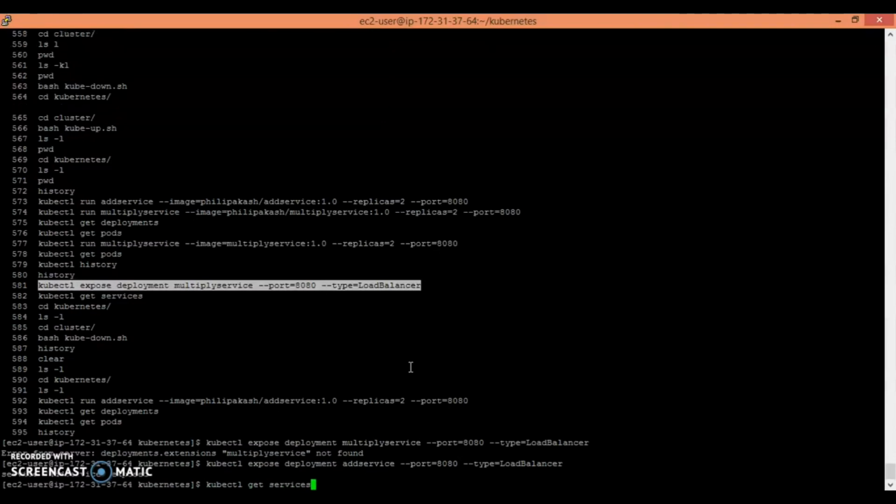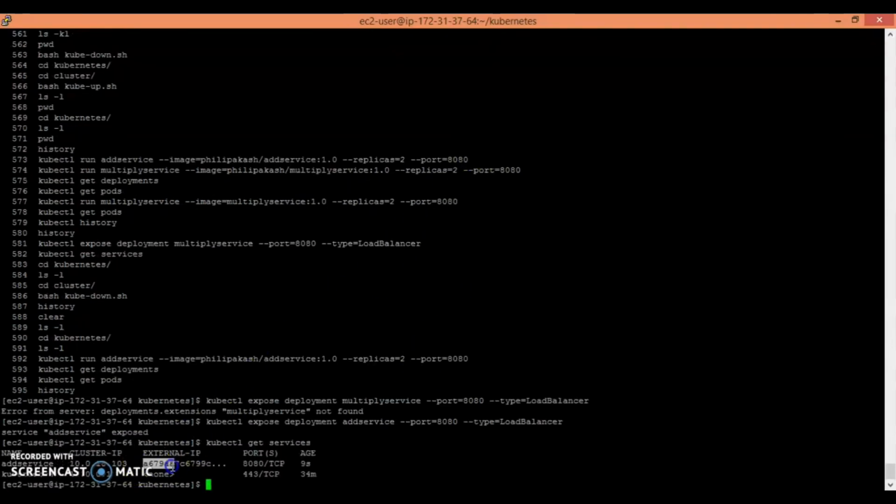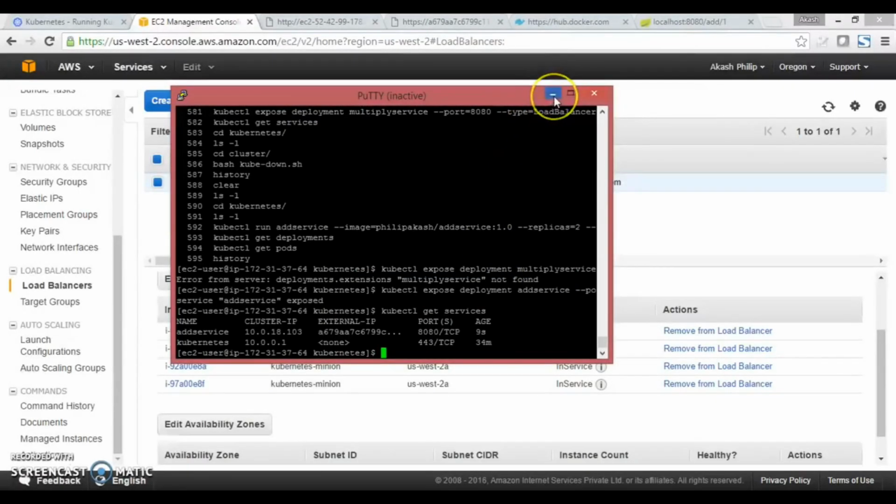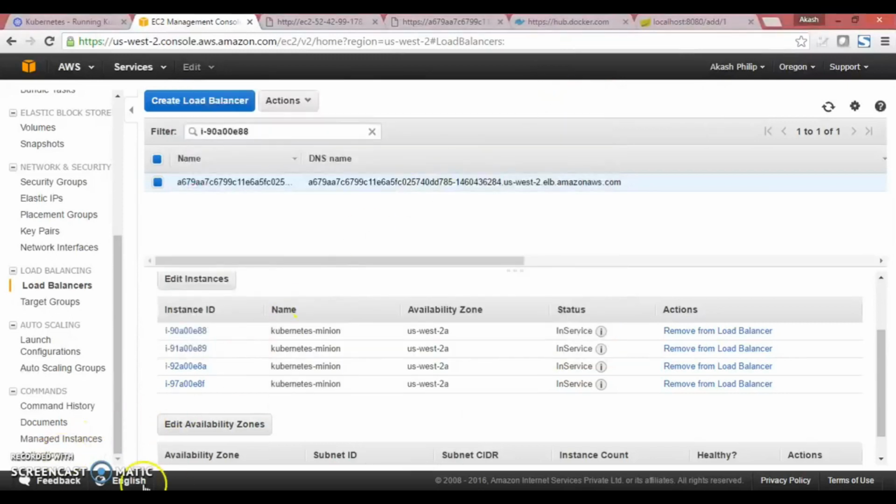Get services gives you the list of services exposed. So this is the external IP which I will be showing to you in AWS. This is nothing but a load balancer available in AWS which exposes your microservices. So you have 2 replicas, and each will be load balanced using the load balancer provided by AWS. So after the service is exposed, you get a load balancer which is serving all these 3-4 minions, and your container is deployed. You go in